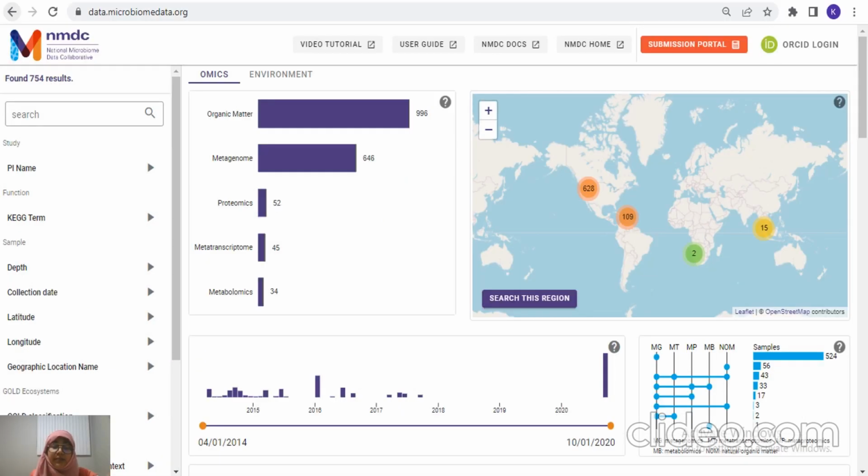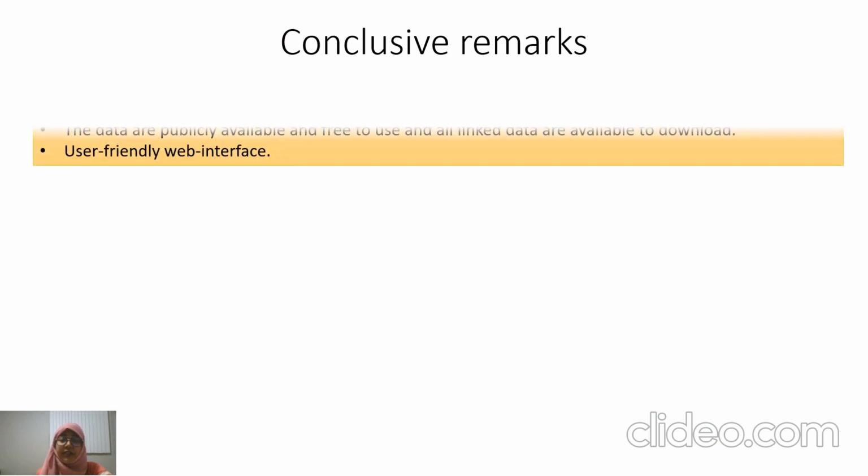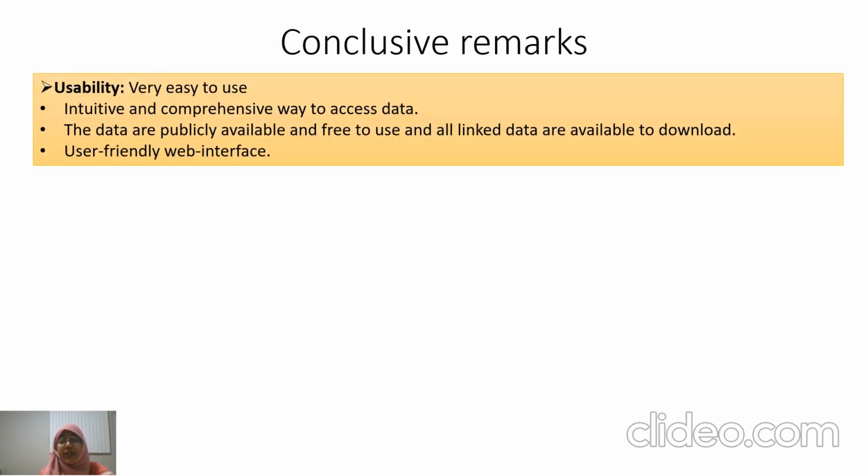Also, on the NMDC portal page, you can see links to other essential aspects of the NMDC, including the documentation, user guide, and tutorials. In conclusion, I think in this NMDC portal, the access to data is quite intuitive and comprehensive. The data are publicly available and free to use, and all linked data are available to download,